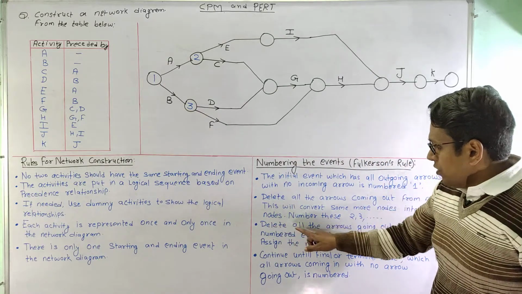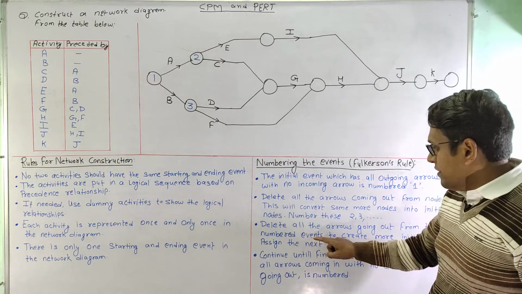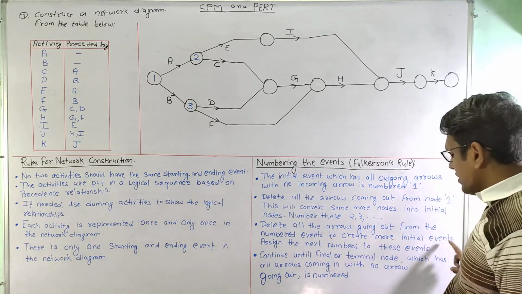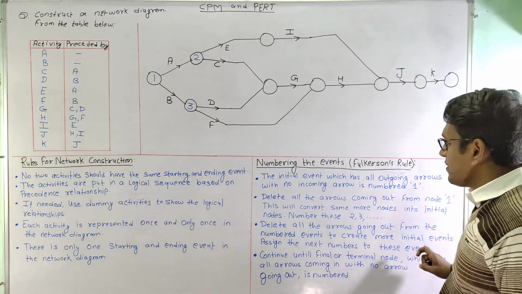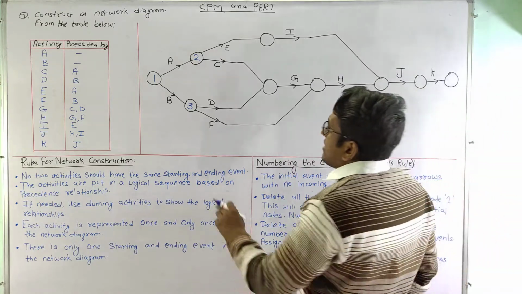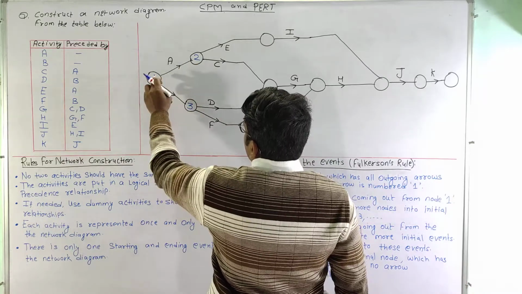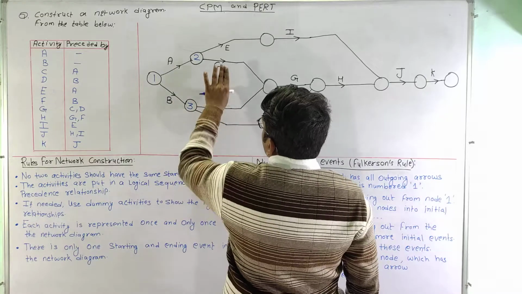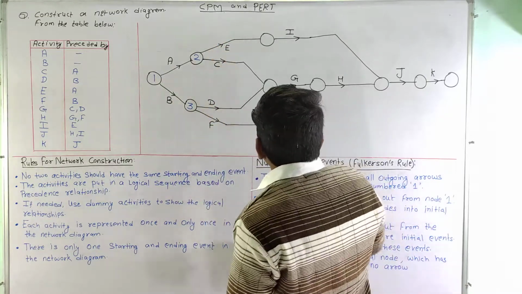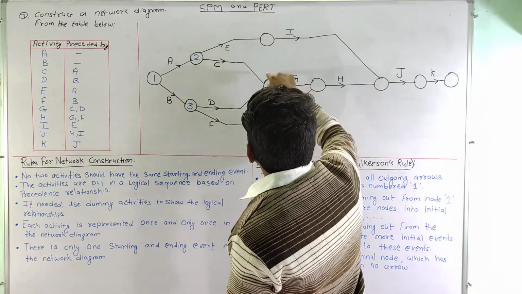Now delete all the arrows going out from the numbered events to create more initial events. Assign the next numbers to these events. Now we will delete the outgoing arrows from the numbered events. So 1, 2, 3 are numbered events, so we will delete these outgoing arrows, and after deleting this we can see that these two are becoming initial